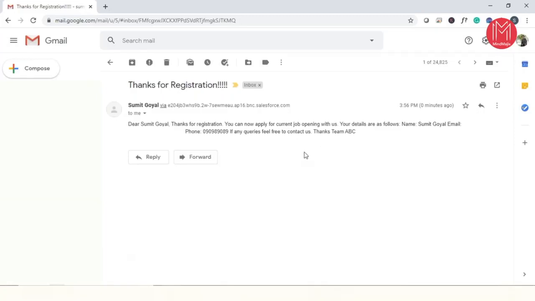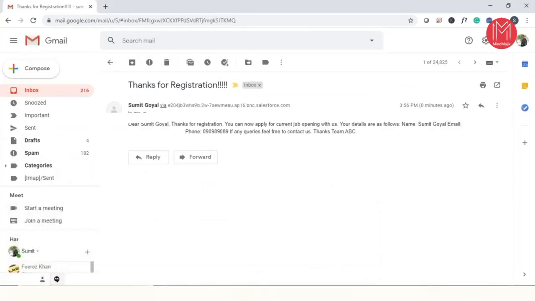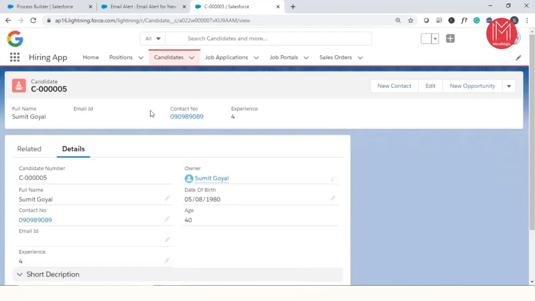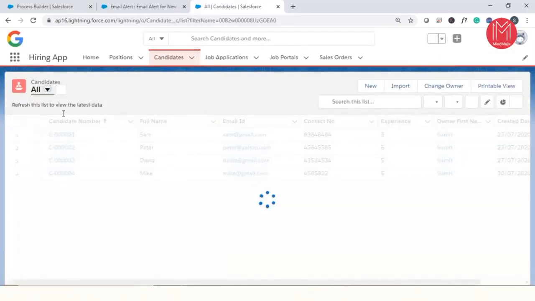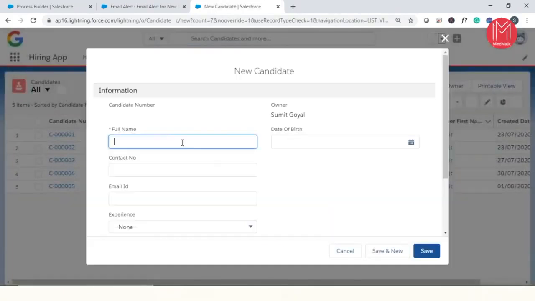We can customize this or rearrange this properly. But yes, a process is working, and we are able to successfully send an email whenever a new candidate registers with us. So you can test it out multiple times. For example, let me register with another name. Let's suppose I registered with James, and date of birth,